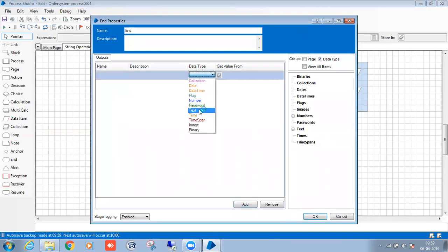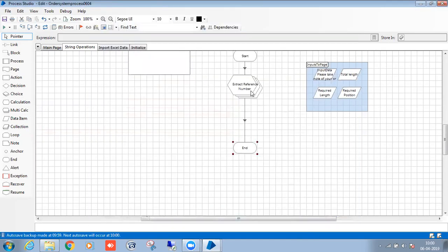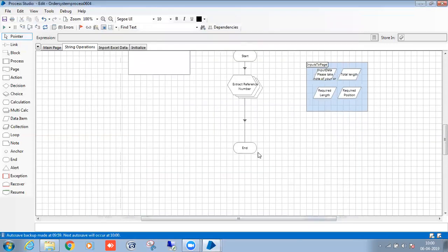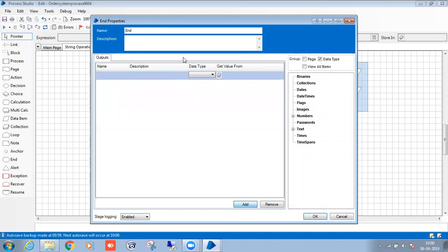With the same text, get value from. You can create another data item, but I am pasting the final result in the same data item. If you get confused, you can create another data item. Text type, get value from.